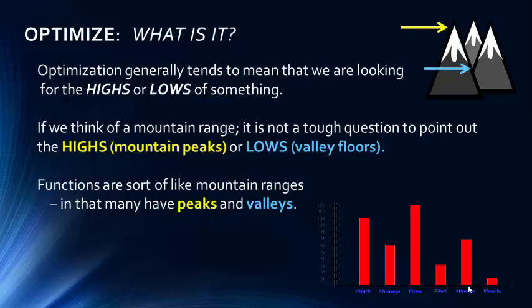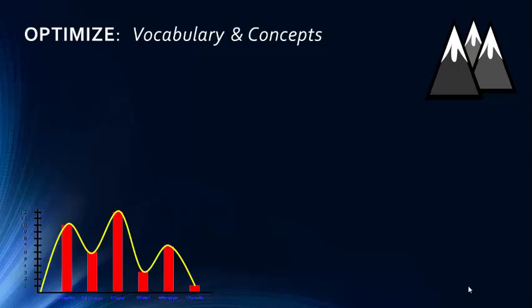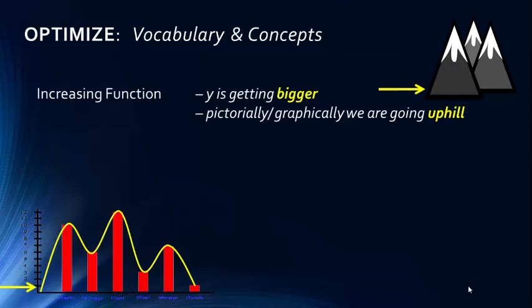So here's a simple function here, and if I connect it with a line drawing or the actual functional curve, it's easier to see the peaks and valleys, similarly to the mountain range concept. So let's look at some vocabulary and some concepts. So we say a function is increasing